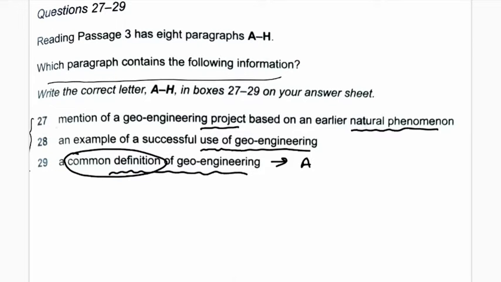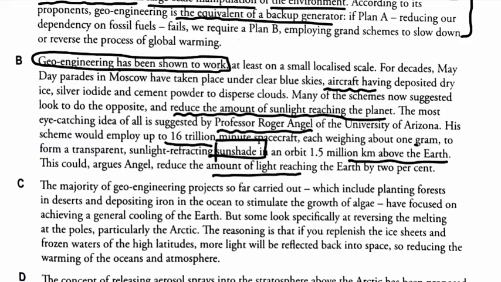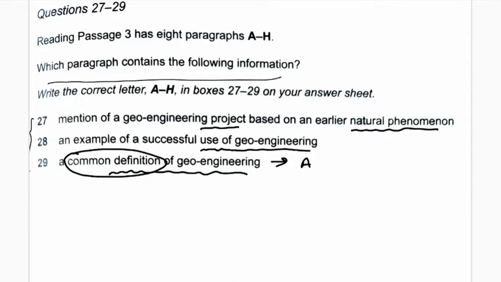Sorry, third one. First mention of geoengineering project based on, so that has no relation with the paragraph, but it is compulsory to use it, because as we discussed earlier, the first statement indicating the work of geoengineering is related with use of geoengineering, and it will become positive. Why? Because it will reduce the amount of light reaching the earth, right? So I can consider this second statement from paragraph B also,